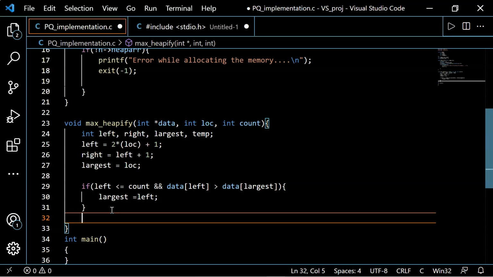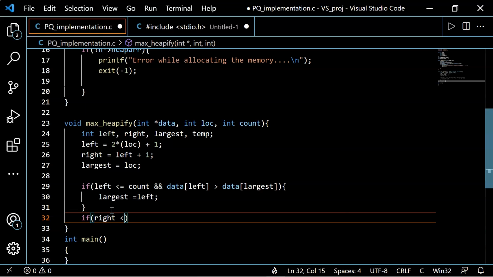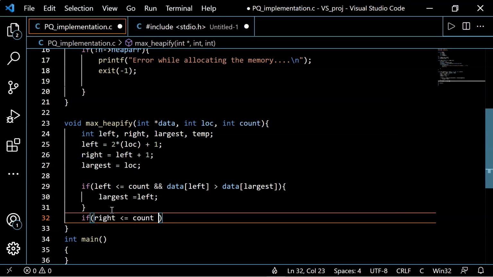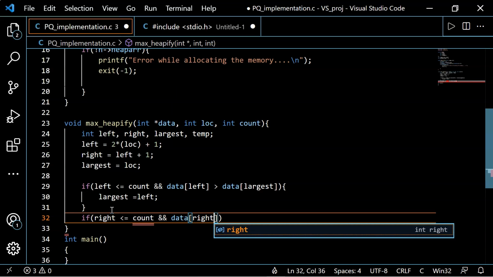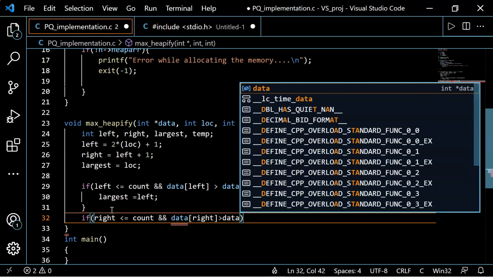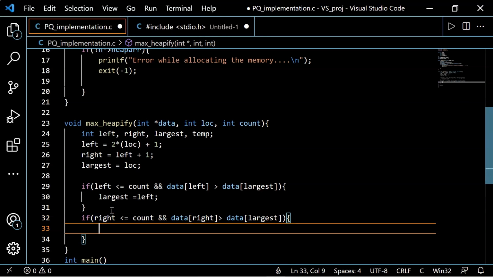So for that, we'll write the condition: if right is less than count and data[right] is greater than data[largest], then largest is equal to right.